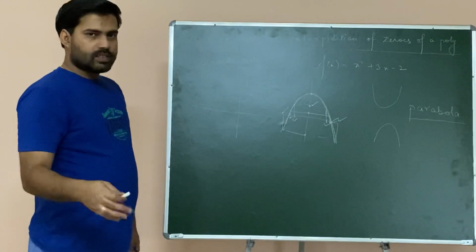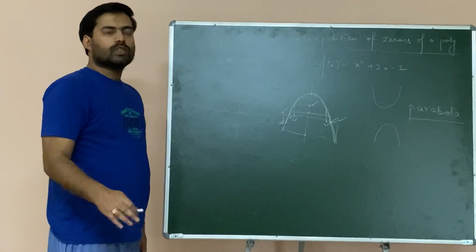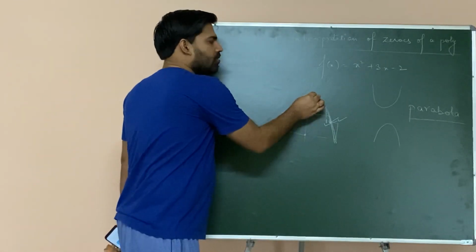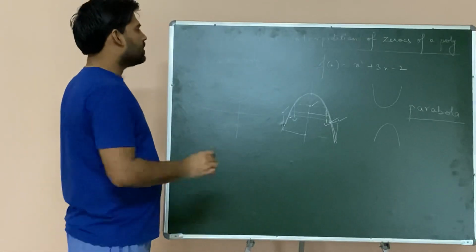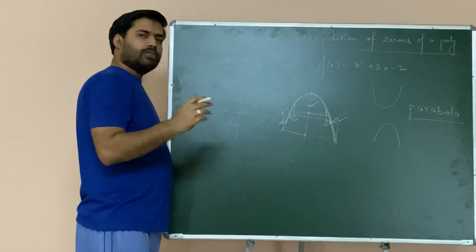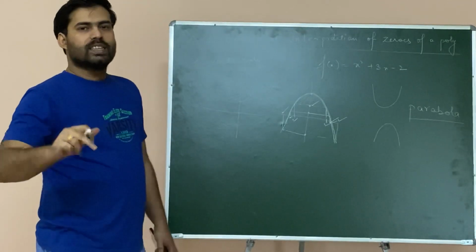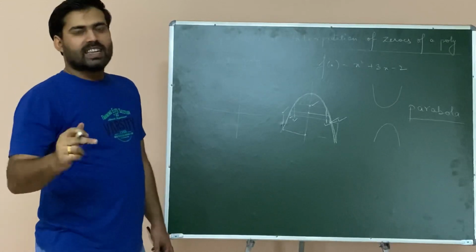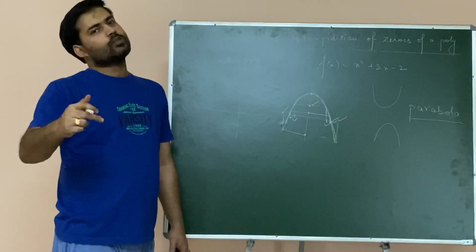Regarding this, you will study in the quadratic equation chapter that there are certain equal roots or equal solutions. So we will see later on why this happens. Right now we are not focusing upon it. Just the point to be understood over here is that this is a quadratic polynomial, so it will have two zeros. We have seen quadratic polynomial's degree is 2. That's why this is called quadratic. Degree is 2 and degree determines number of zeros. So if degree is 2, then number of zeros would also be 2.